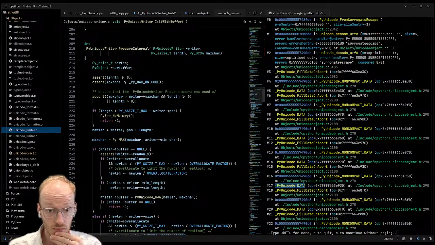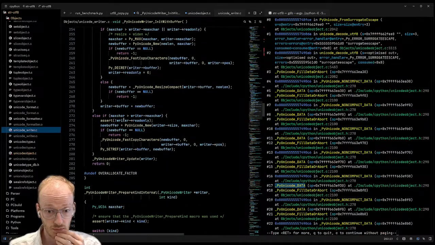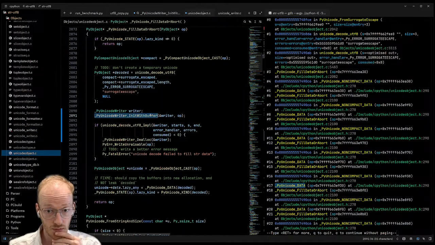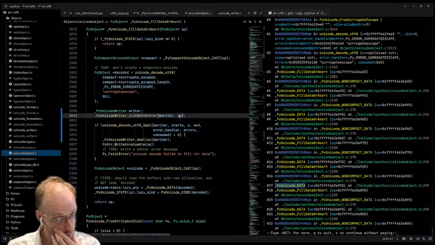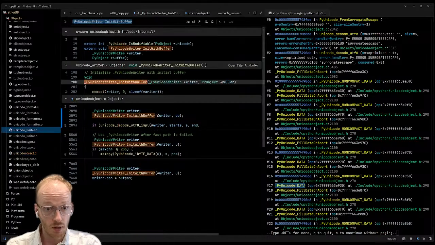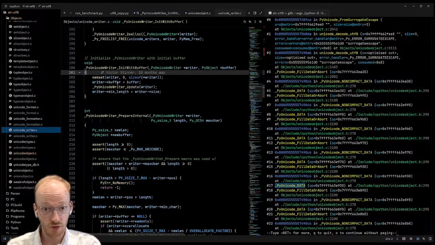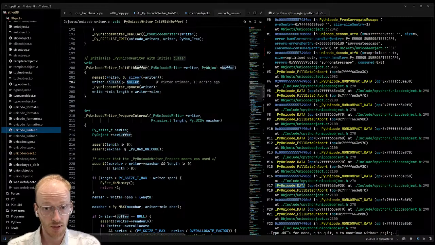So maybe what we want to do is keep the writer, but then instead of finishing to get a Unicode object, we need to finish it and get the buffer out of it. Assign that to our object. Because init with buffer. Yeah. Yes, that looks like the right thing to do. And we could just take the ownership of the buffer. We don't need to do anything.